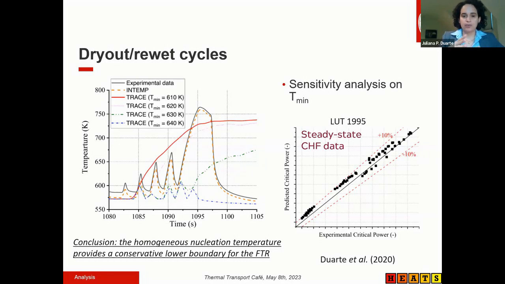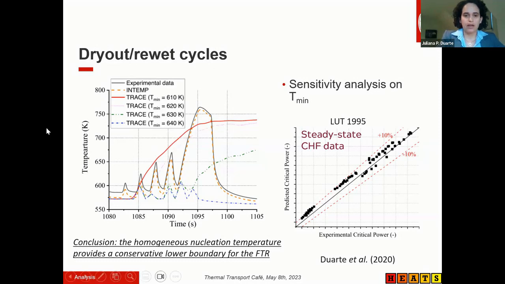All the correlations that predict this transition from transition boiling heat transfer to film boiling heat transfer predict a minimum film boiling temperature a few degrees or even hundreds of degrees higher than the homogeneous nucleation temperature,